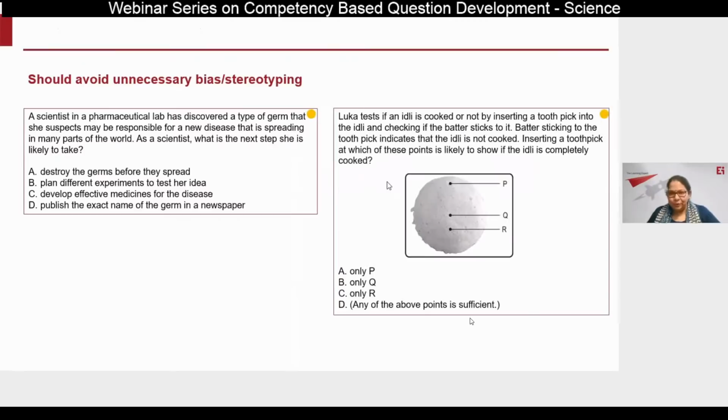Third, I'll just load both these questions together. I think this point also takes it back to the point of reliability of a question, because in some of these groups we have a rich diversity of students, right? And so these questions that you see on the slide can give an edge to some students who may have familiarity, or may have a relative in the field of science, or someone who's been seeing idli being cooked day in and day out in their homes.